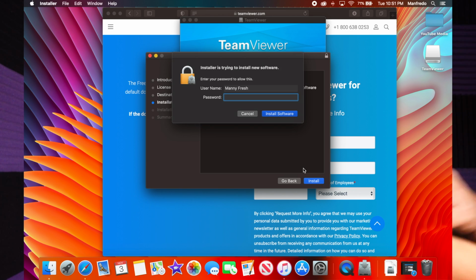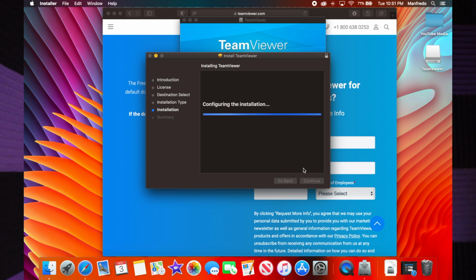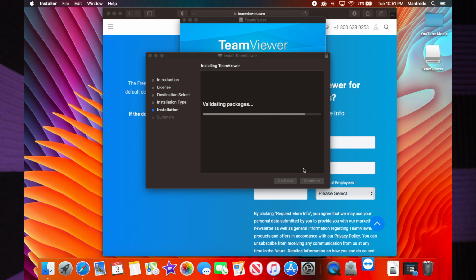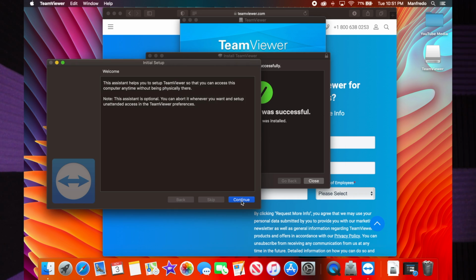If it asks you for a password, remember to put in the password that you use to log into your machine every day, because a lot of people don't know what password you're talking about because there's so many of them. But at this point, now we get to the initial setup. So we hit continue. And for unattended access, you tell them to skip that, because they don't need unattended access